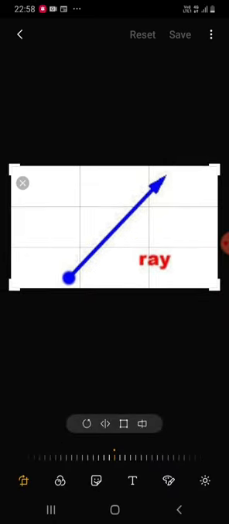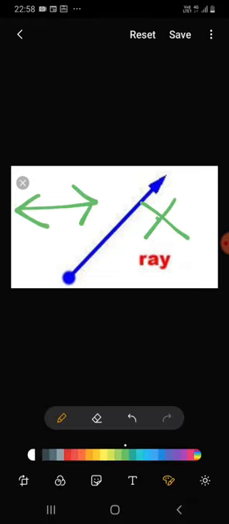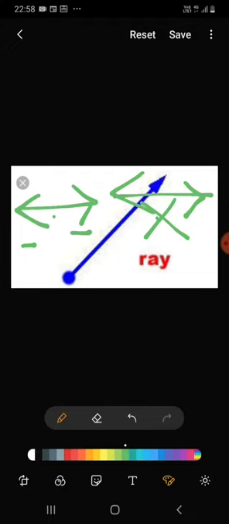Now I wonder what if instead of taking this as a ray, I draw a line like this. It has no points, it has no intersections, it has nothing. What will this endless line be known as? We can see that there is something like this marked on both the sides. This denotes that this is a never ending line. So the thing which is never ending in mathematics is known as a line. And we know what's a line segment. Line segment is a segment of line.